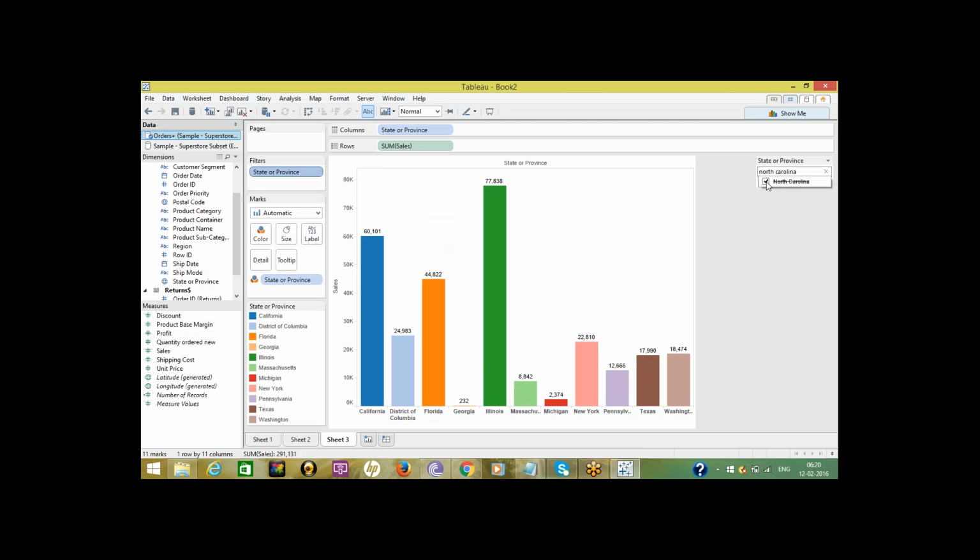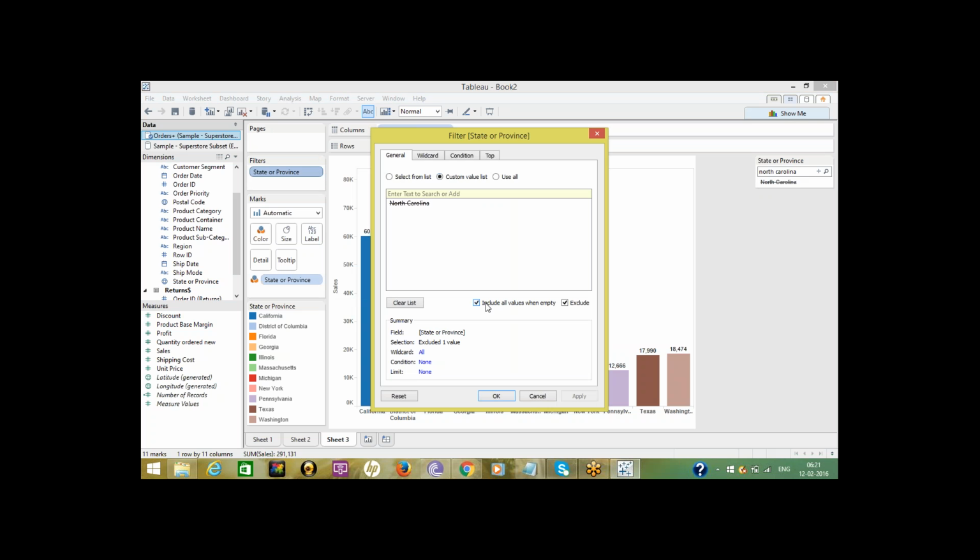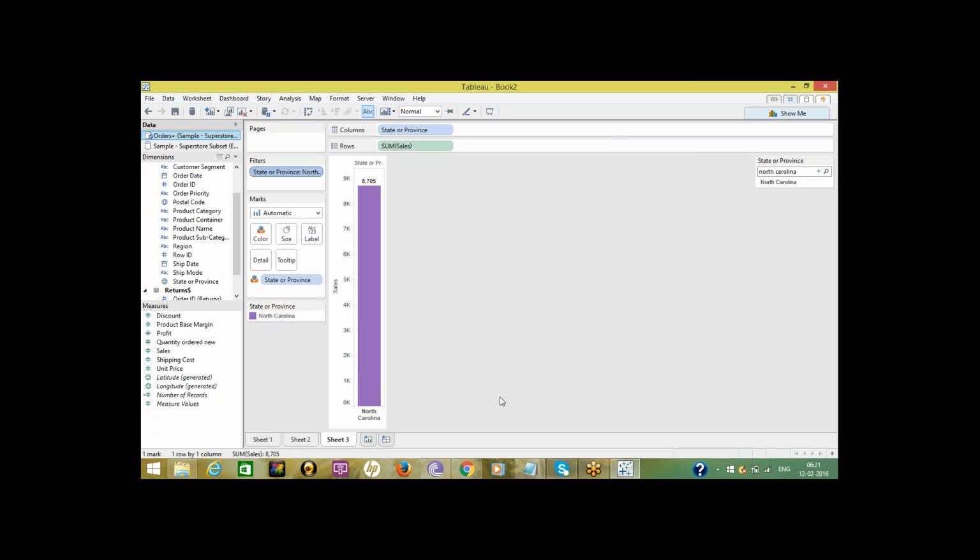Select. North Carolina. Select. And Texas.